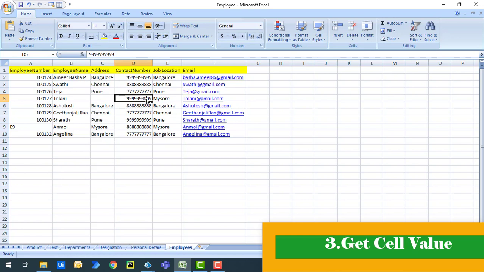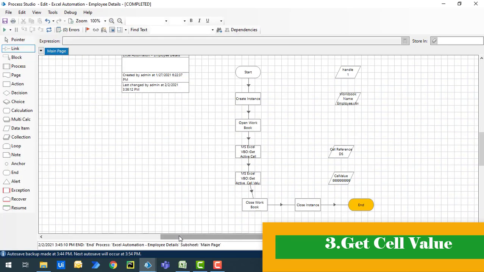Now if you see over here, I'm having active cell as D5. But I want to get the value which is there in the address, inside C10. How can I get the value based on the cell reference? There we are having one action called get cell value.